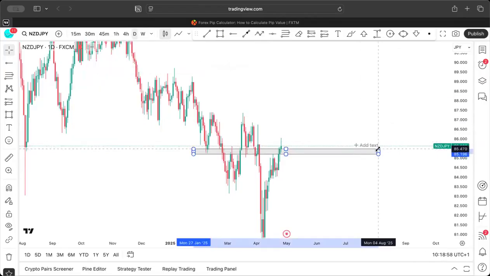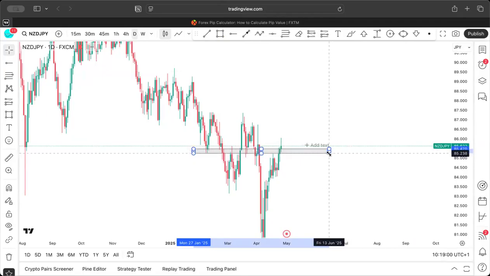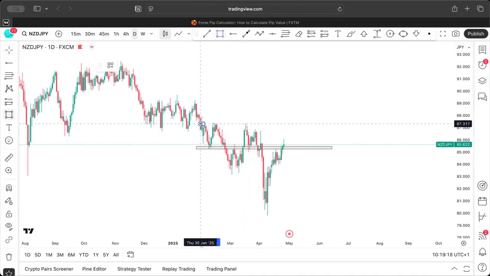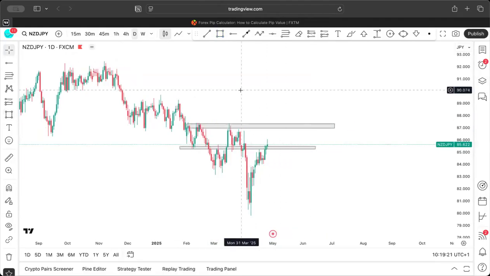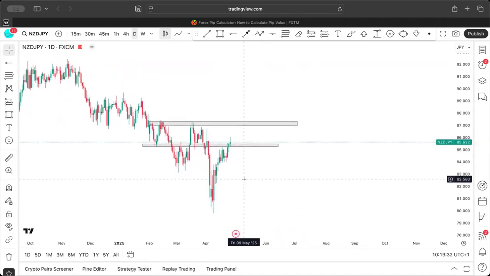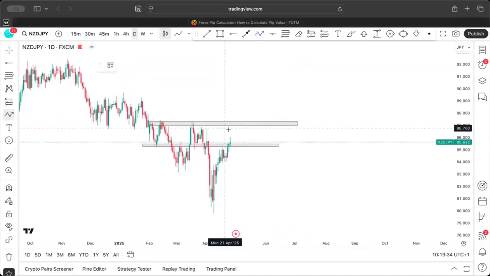So on the daily time frame, we have this previous support level right here, resistance. Market broke below this level, and the sellers around here could not hold this trade back down to this level. This was our previous resistance zone right here. The market came back and tapped into this resistance level and then just created a new low. So currently, what I want to be looking at on NZDJPY is if the market is to continue